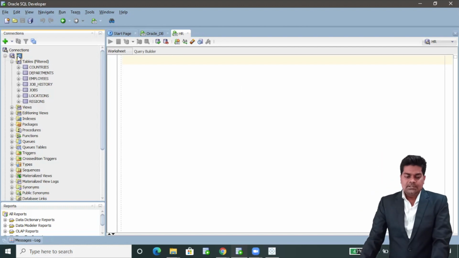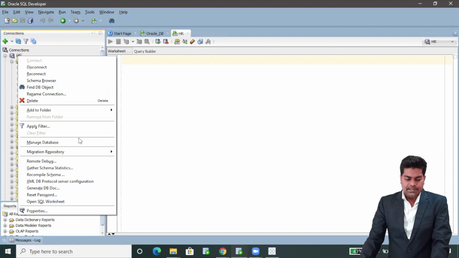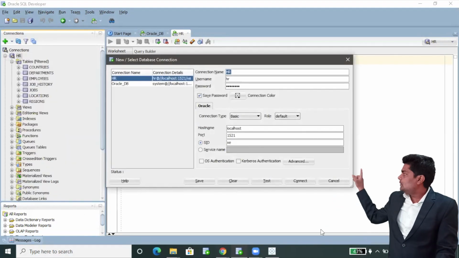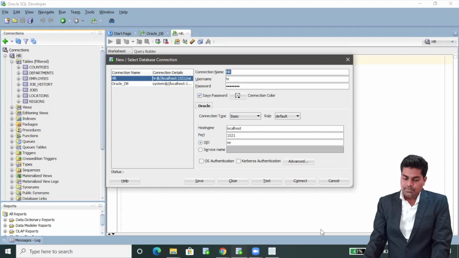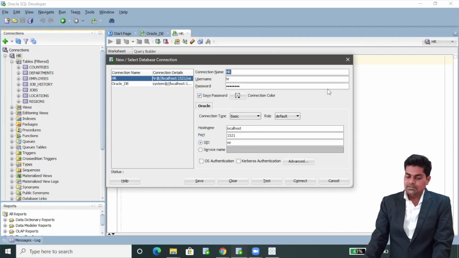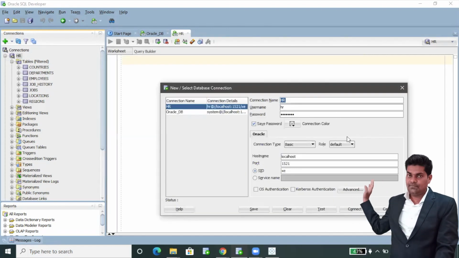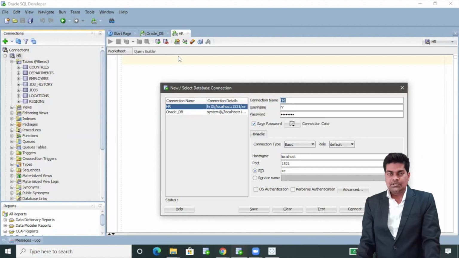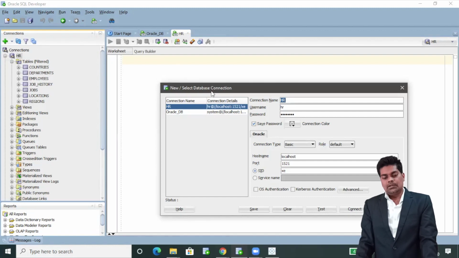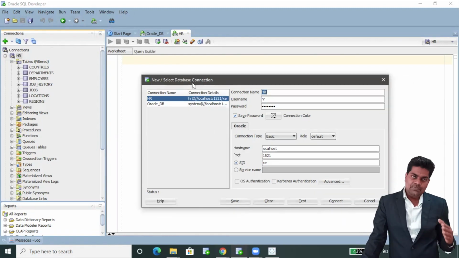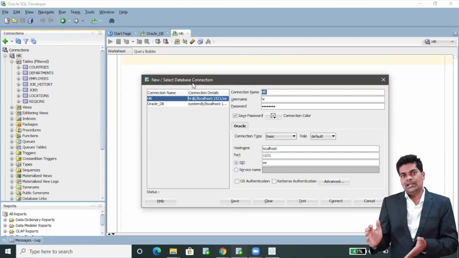First we'll get the details of the database. Right click on the connection name and go to properties, and we have to give all these details. Before that, that user schema should have DB access. Generally in organizations we are using views, because instead of using multiple tables we create a view.